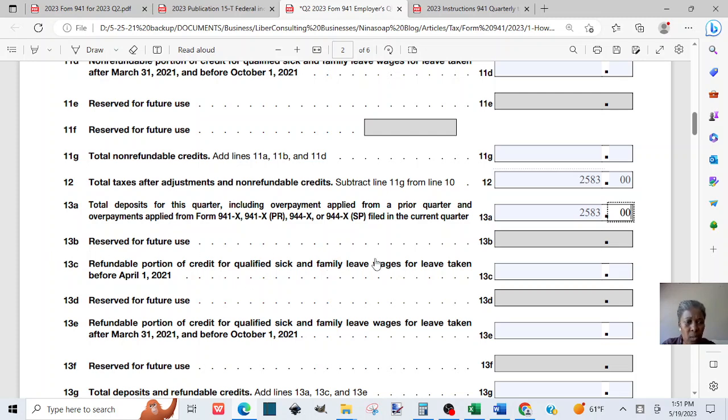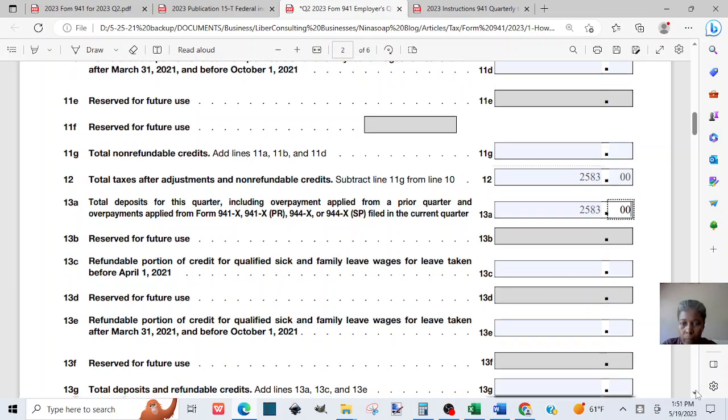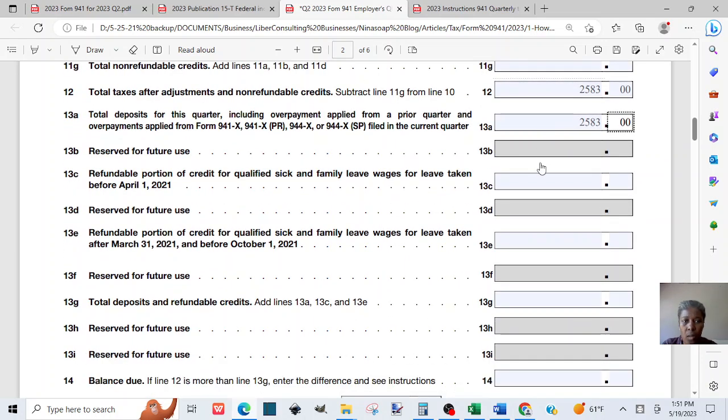Line 13B will remain blank. Line 13C is the refundable portion of the credit that you claim. So line 11 is non-refundable and line 13 is refundable. If the credit is related to you, you'll complete it. If it is not related to you, you leave it blank. If a line does not qualify, if a line is not related to your business, you leave it blank, with the exception of line 12